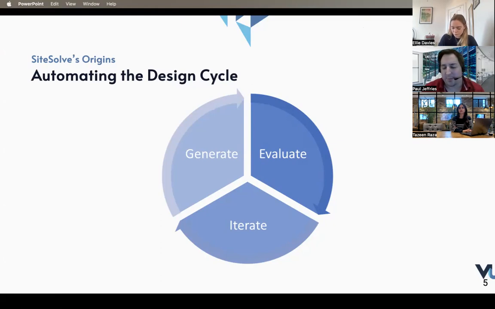So that's where we started to build out the tool that became SiteSolve. And within Ramboll, we use that tool in a number of different ways in our consultancy work. So on the next slide,